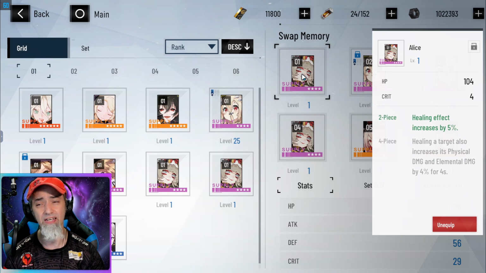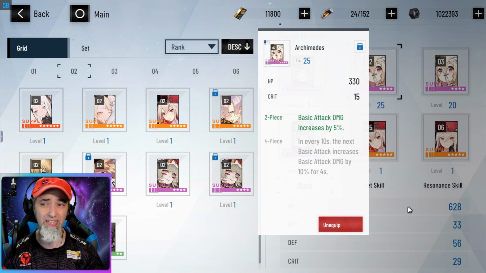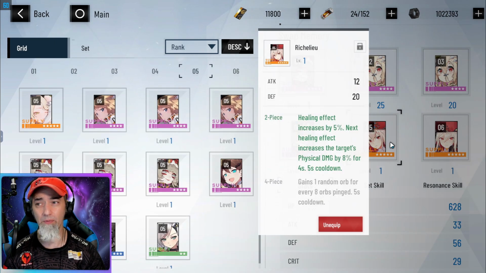We do have these Alice memories, which is really going to help that heal. Then we have this basic attack damage increased by 5%, so that way when we bring in Liv as a striker, we'll get a little extra damage, not a whole lot. And then we have these Richelieu memories that are actually giving us even more of a heal and a little extra physical damage, which really helps